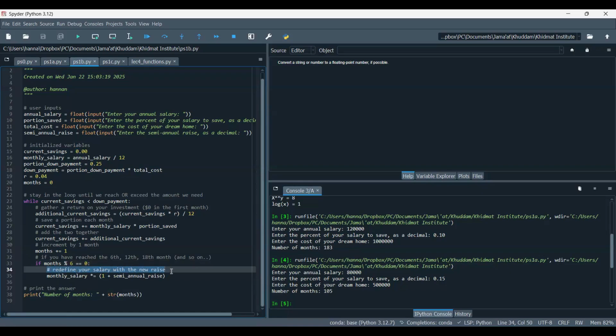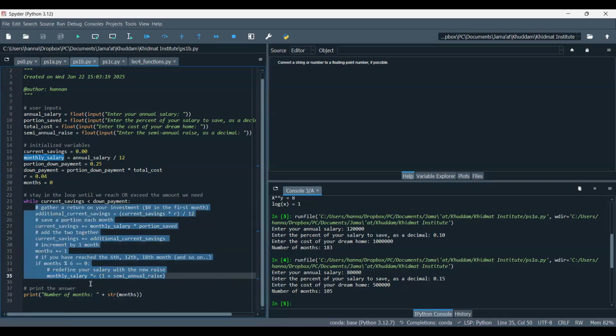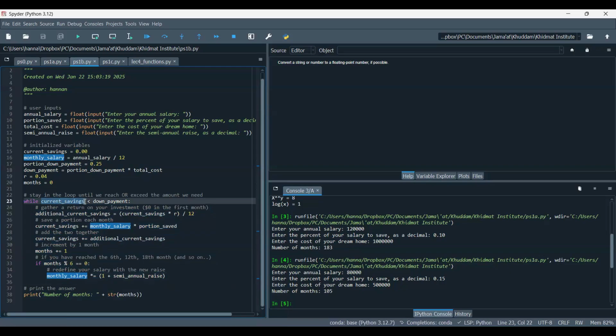We redefine our salary with the new raise, meaning we do a multiple equals. So monthly salary times 1 plus the semi-annual raise equals the new monthly salary. And we go back to the top and we do it all again. And we keep going until our current savings becomes greater than or equal to our down payment. And we see how many months that will take. So if we run this one,